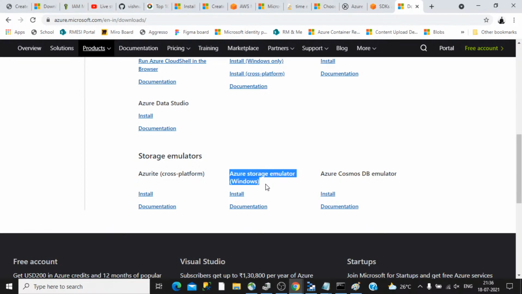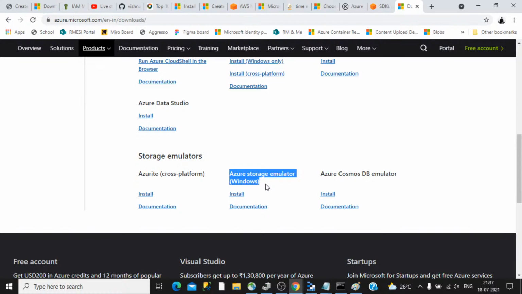So you can do all the operations that you usually do in the cloud, but your code will be targeting your local machine. How you target your application to the development environment or to the actual cloud environment is through the connection string or the connection key. The way you specify it is UseDevelopmentStorage equal to true. You specify that in the connection string, and then it will automatically pick that from your local machine. The things I explained are from a .NET development perspective.